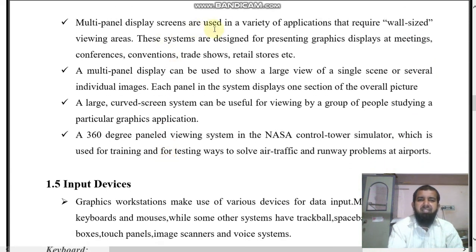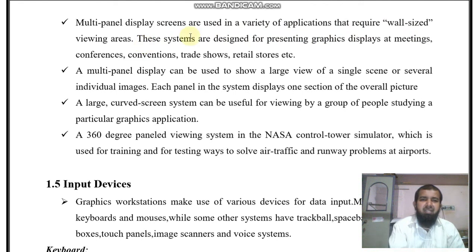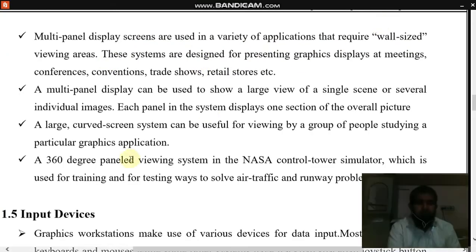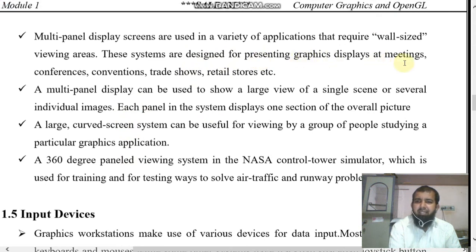Multi-panel display screens are used in a variety of applications that require wall-sized viewing areas. Most of these monitors are put on walls, so very big screens are there. These systems are designed for presenting graphics displays at meetings.